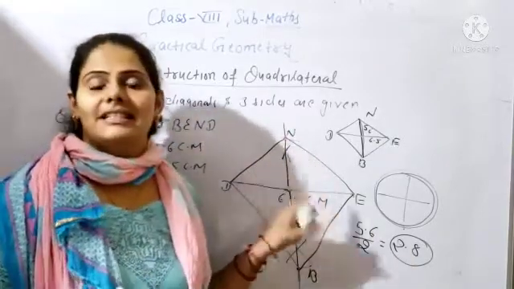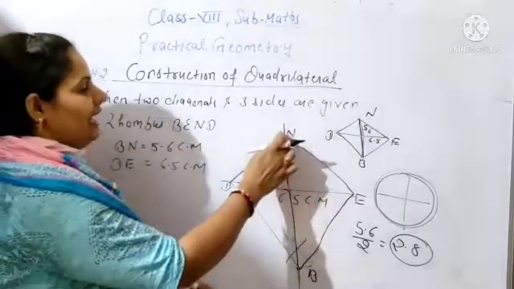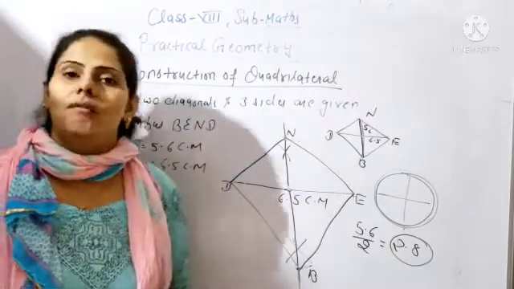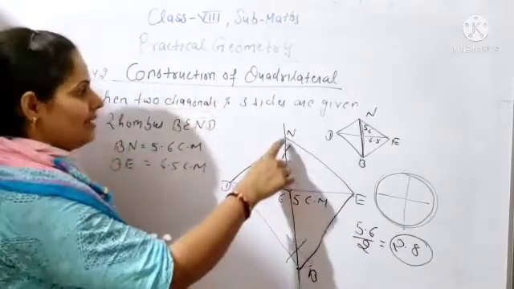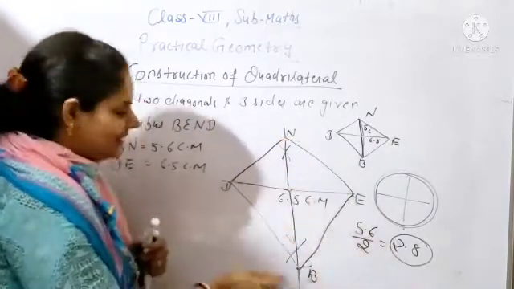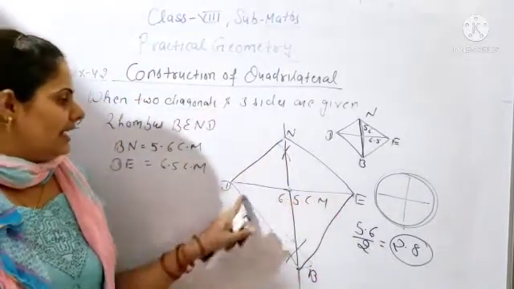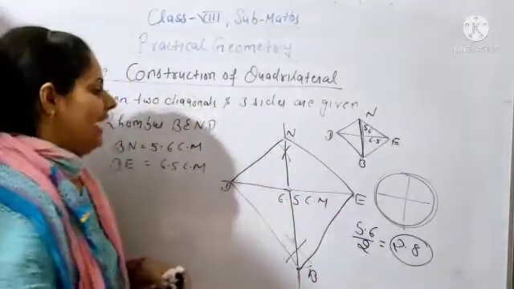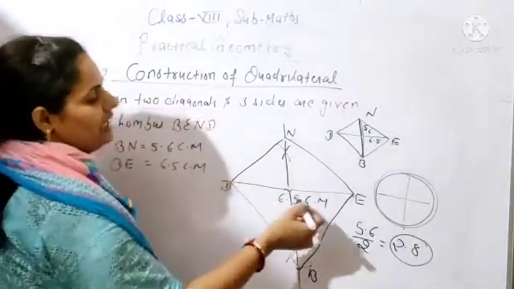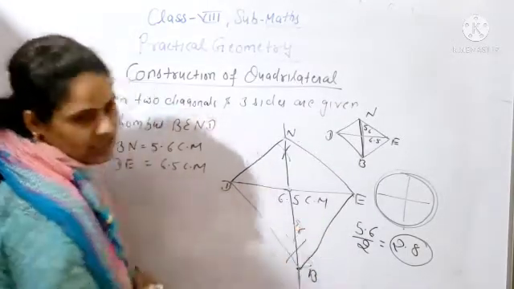So 2.8 on the upper side and 2.8 on the lower side, beta, downwards and upwards. Okay, you will draw the arc, and if you measure the length from this arc to this arc, it will be the complete length of 5.6 centimeter. After that, from this arc you will join this point and this point. You will complete this triangle. Downwards also you will complete this triangle. So you can say BEND is your required rhombus, and here the lengths of all the sides are given and the diagonals are DE and BN. So DE diagonal is 6.5 and BN diagonal is 5.6 centimeter.